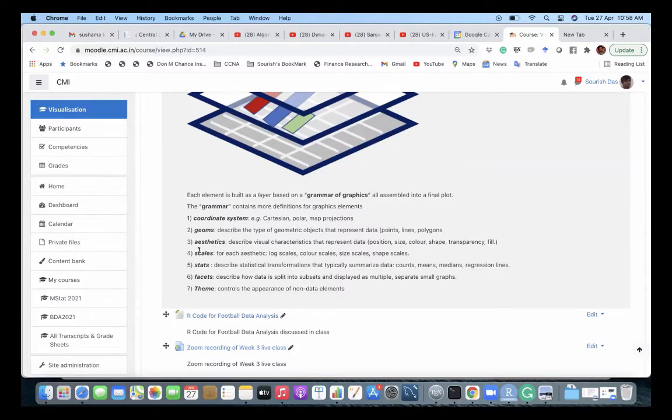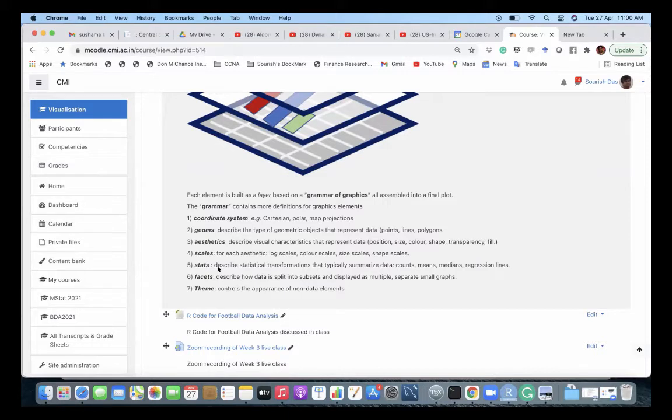Now scales: for each of the aesthetics you can define whether you want it in a log scale. You can use color as scale, size as scale, shape as scale. So different things you can try. Then the stats: do you want to plot the counts or means or medians? Do you want a regression line? Then facets.